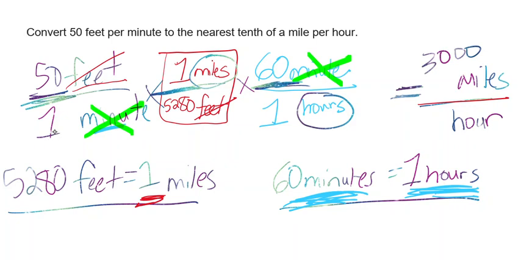And on the bottom, 1 times 5,280 times 1 is 5,280. My last step after I do the multiplication is to divide. 3,000 divided by 5,280 is equal to